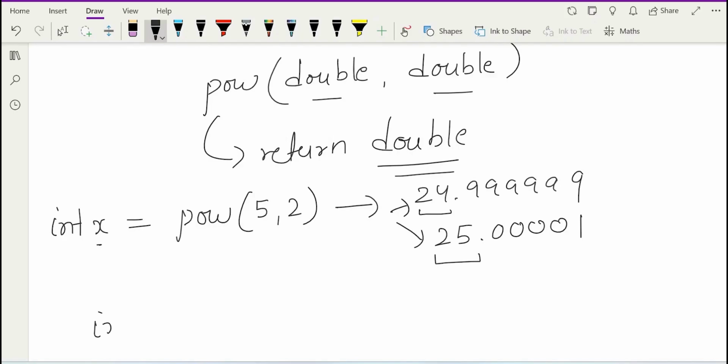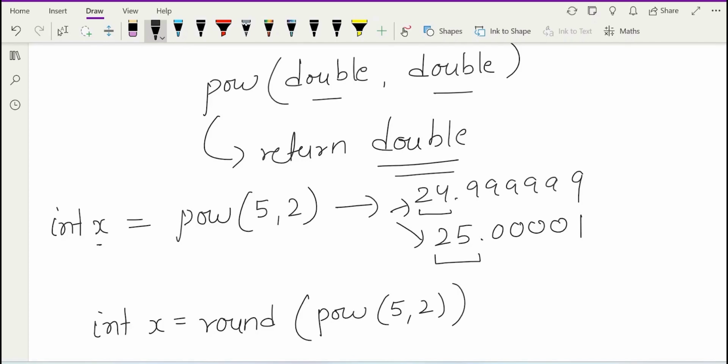That's why I am putting this power function inside the round function, because it rounds the decimal value to its nearest integer. If I get 24.999, it will give me 25, and if the compiler gives 25.001, it will again round to 25.